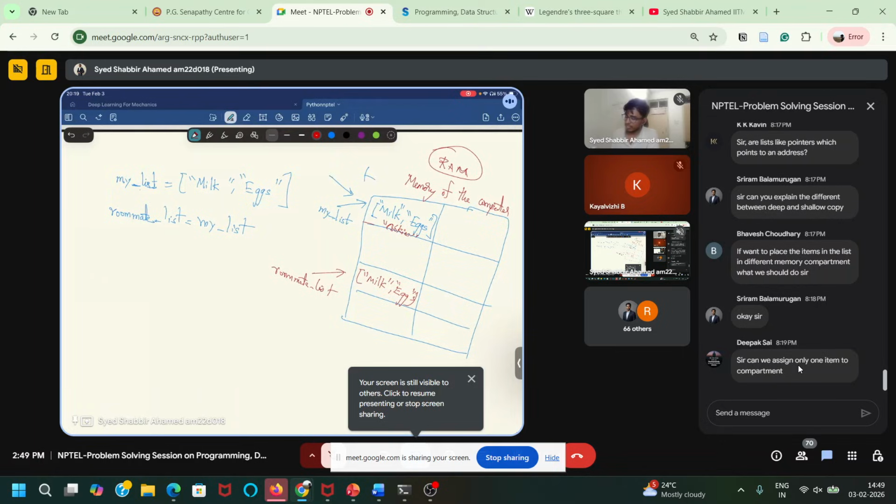But because Python does this, showing the same compartment, if I change the roommate list, it will also appear in my list.